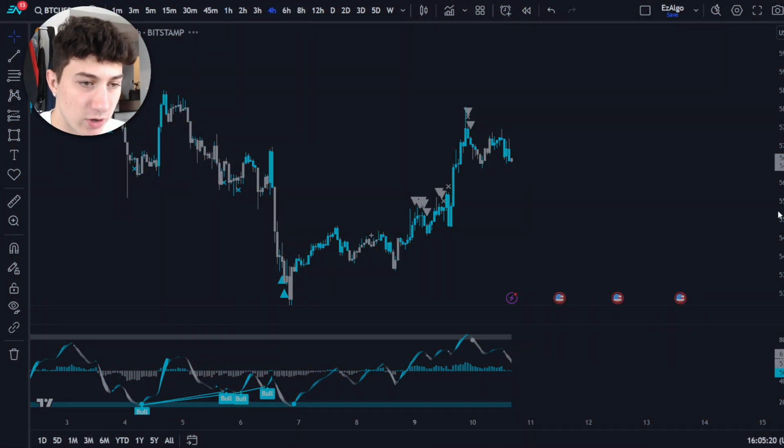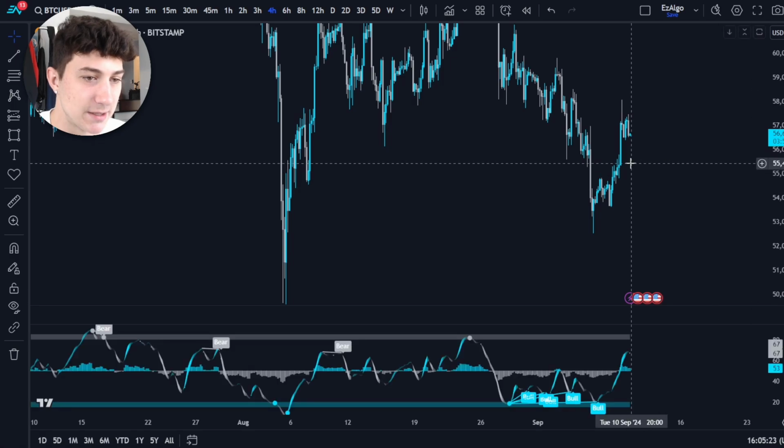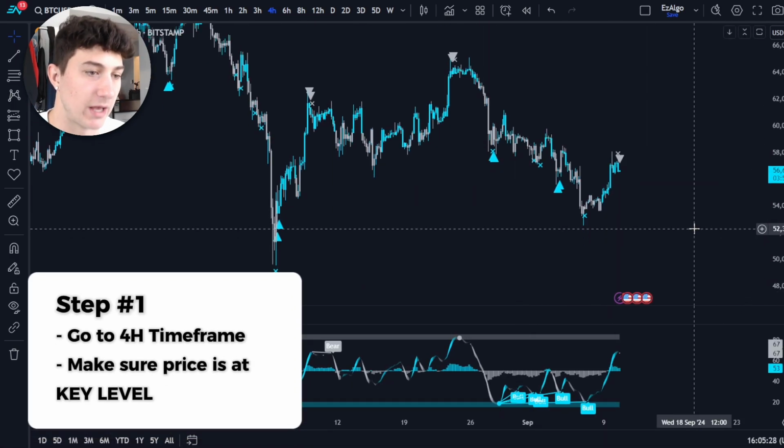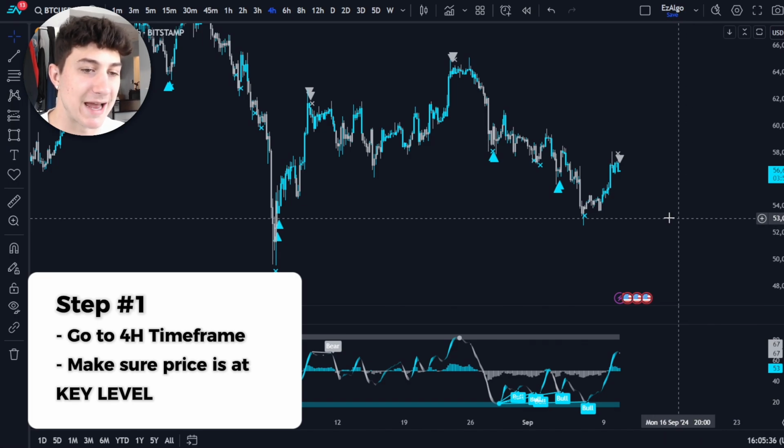So how does this strategy work and how can you use it to make some moolah, to make some money, okay? So step number one, you want to go to a 4-hour time frame, okay? This is the time frame I use. People say higher time frame. What does higher time frame mean? It means the 4-hour time frame. So go to the 4-hour time frame and you want to make sure that price is at a key level,